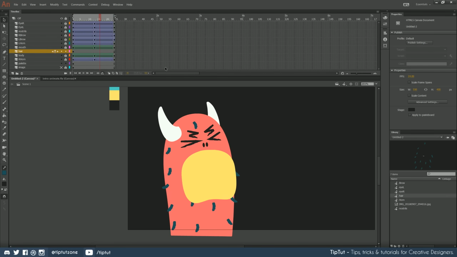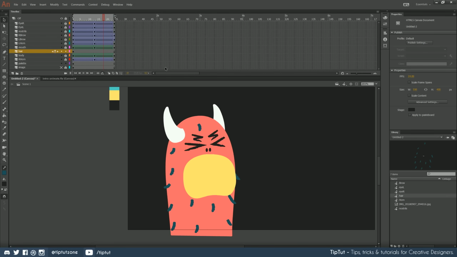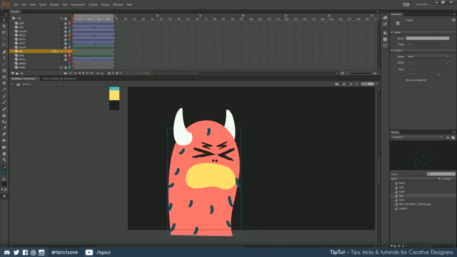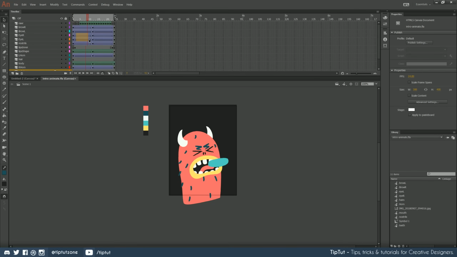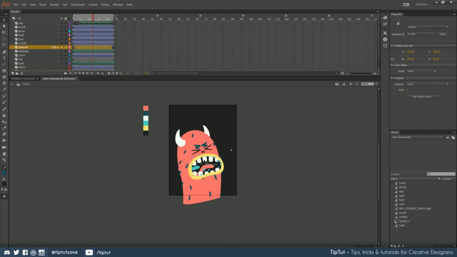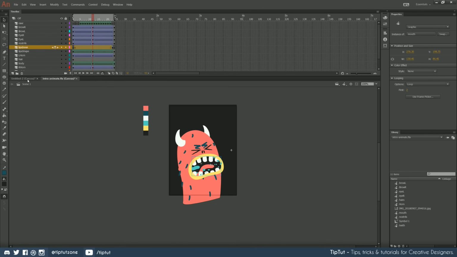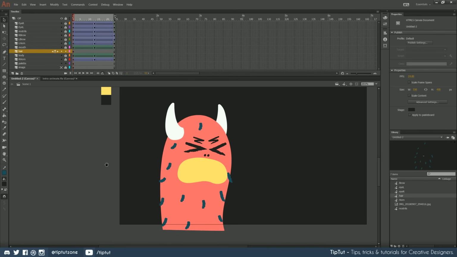Let's jump into the mouth then. This is a whole thing. If I go back to the other version that I've already made here, you can see what happens with the mouth. It kind of opens up and there are some teeth and the tongue, but you don't see the teeth and the tongue. Now, if you were to draw each of that, it would take a lot of time to cut all this out. What you can actually see is I have a symbol for the mouth, and there is a mask, which is masking my teeth and tongue layers, and then there's the lips underneath. So that's what we're going to do right now. Let's pop back to our other animation here, and let's get to it.